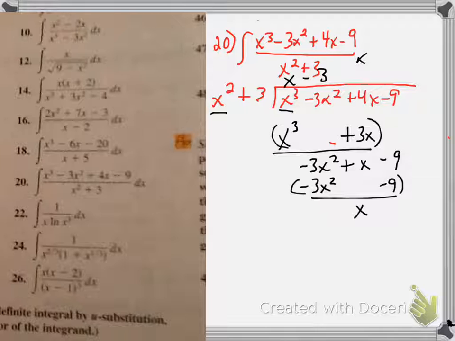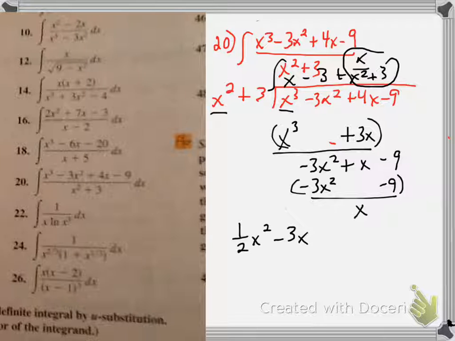So we write it over x squared plus 3. And so we now have a power in the denominator that is greater than the numerator, which is what we want. So we're going to integrate that expression. The integral of x is 1/2 x squared, minus 3x. That's the part we already know. And the integral of x over x squared plus 3,